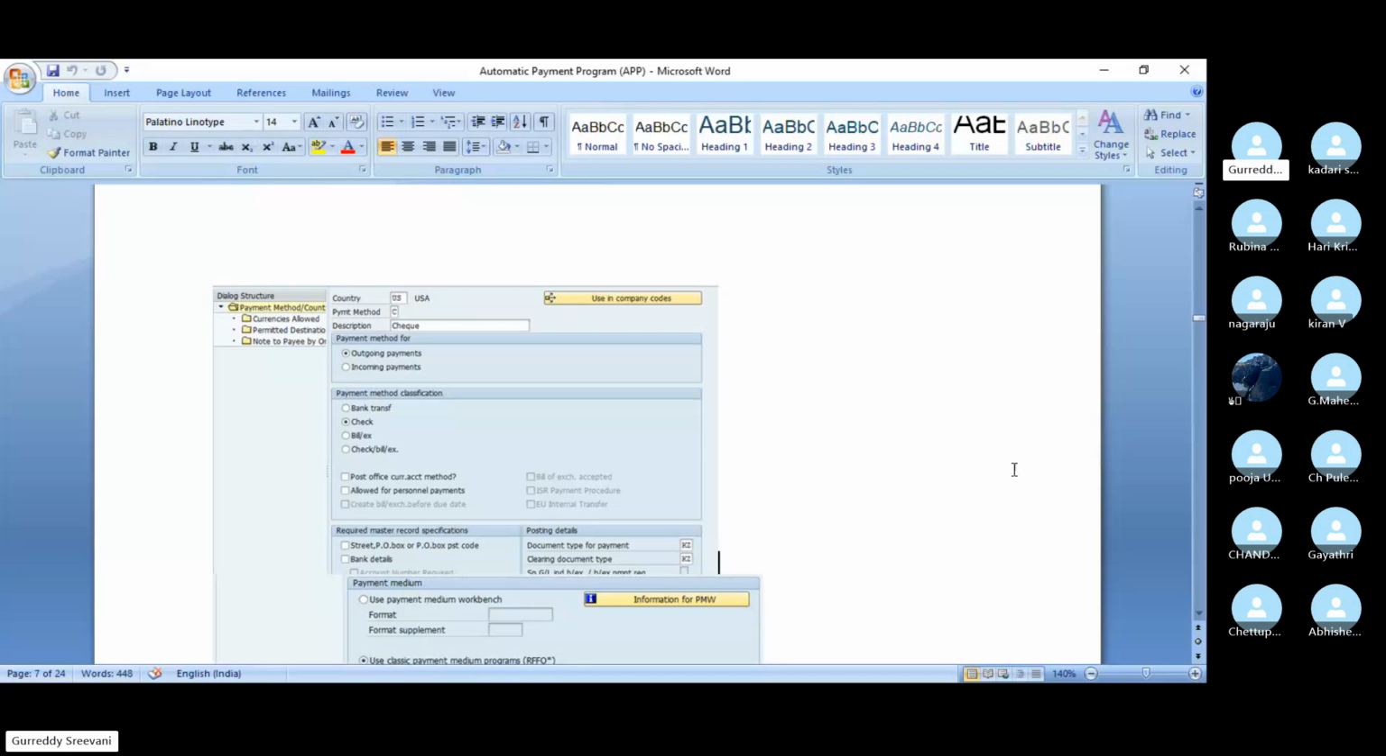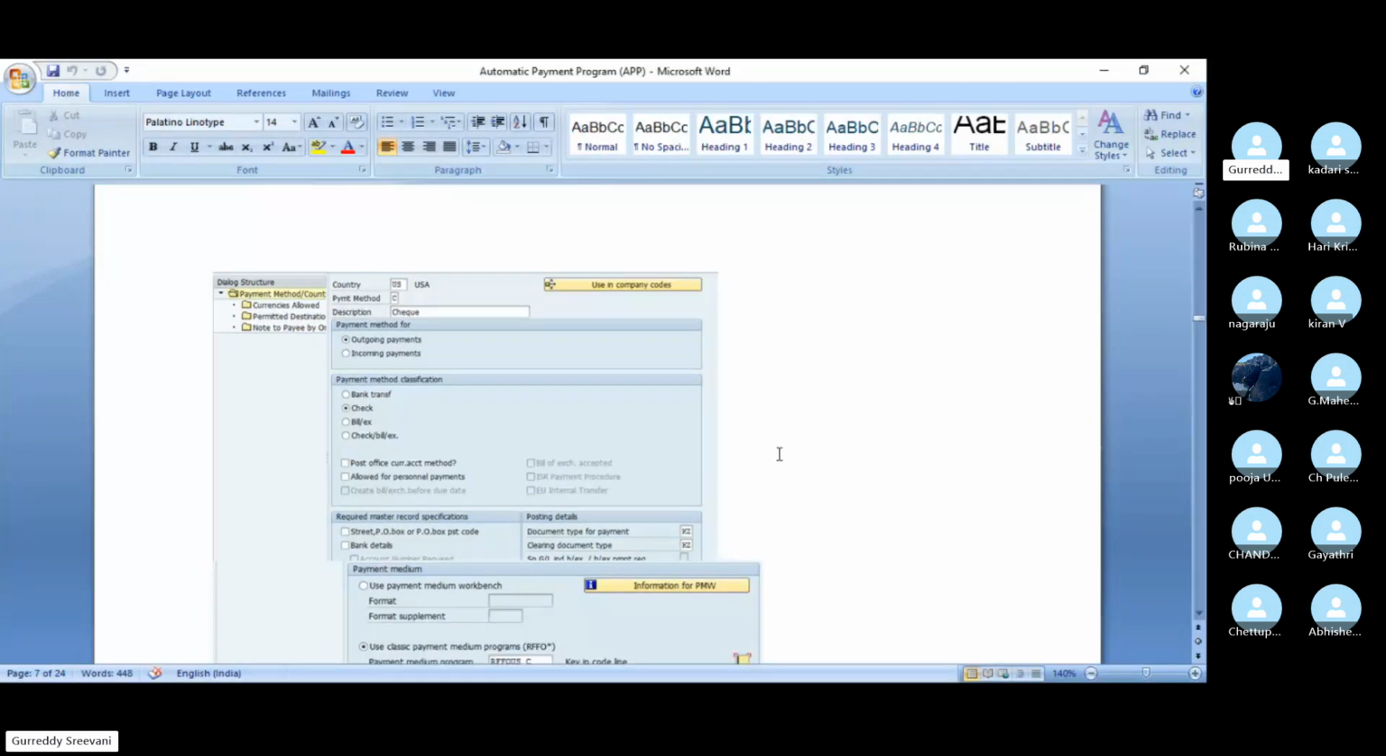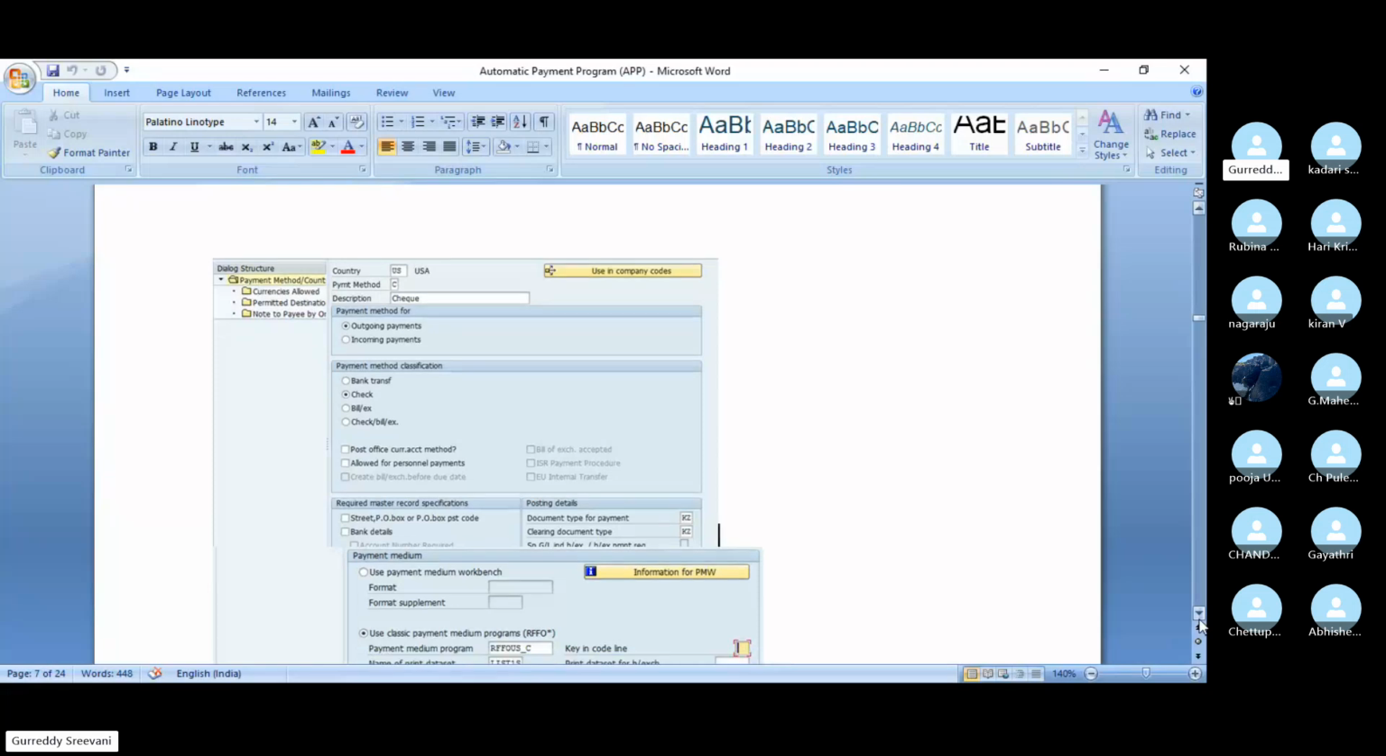Next, here we have to give master data records. Here we have to give the street, post box and post box code, and bank details. In master data we should compulsorily give the address details of the bank and all the bank master data. When we give master data, all the bank details, then here we have to select